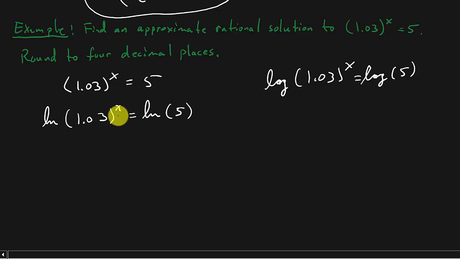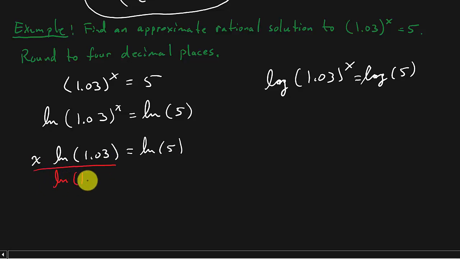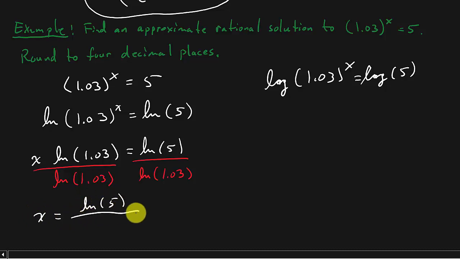So now we need to know what x is. Let's use that property that says we can pull this exponent down in front. So that's x natural log 1.03 equals natural log 5. And then I can divide both sides by natural log of 1.03. And so my answer is x equals the natural log of 5 over the natural log of 1.03. And then if we punch that into our calculator, we get